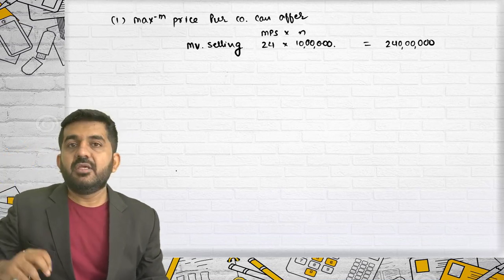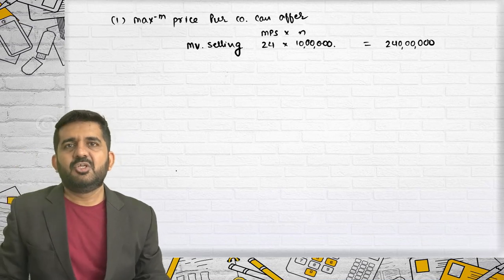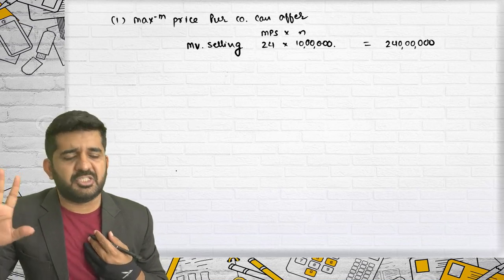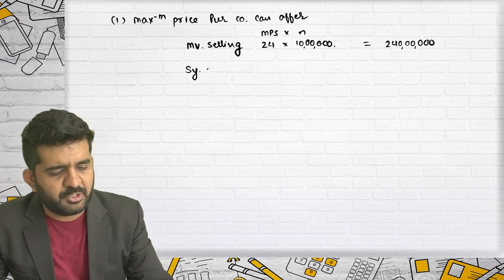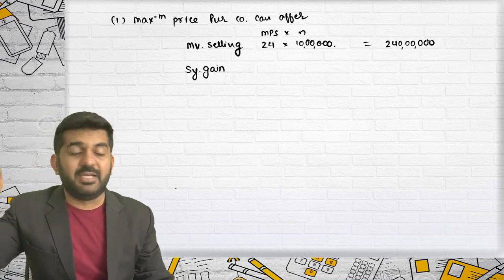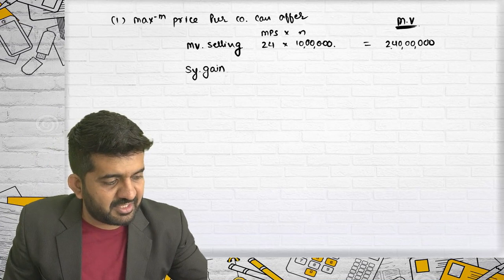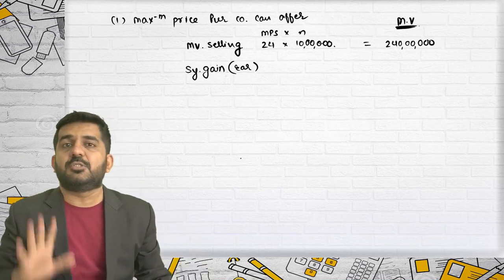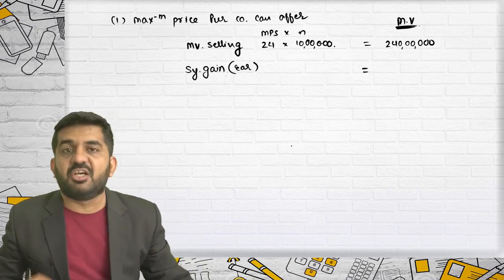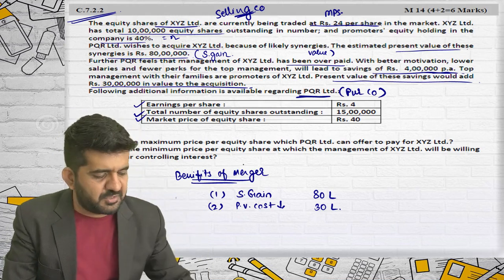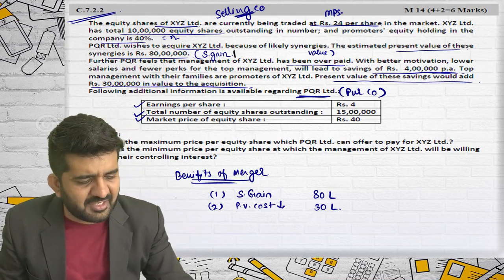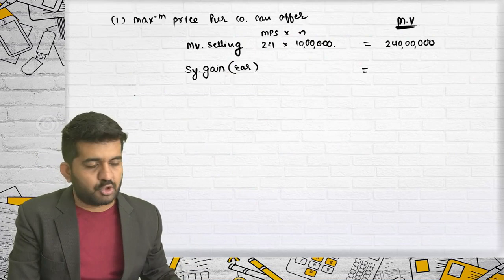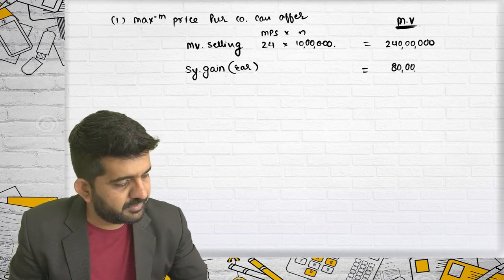But there are synergic gains. If I am very much interested in purchasing your company, I might transfer you the synergic gain also. Now please concentrate. This is market value. You cannot add synergic gain in the form of earnings in this particular answer. So synergic gain will be added, but the present value of synergic gain, that is as good as market price, is given. Correct. So it is 80 lakhs. So you may give it to selling company.